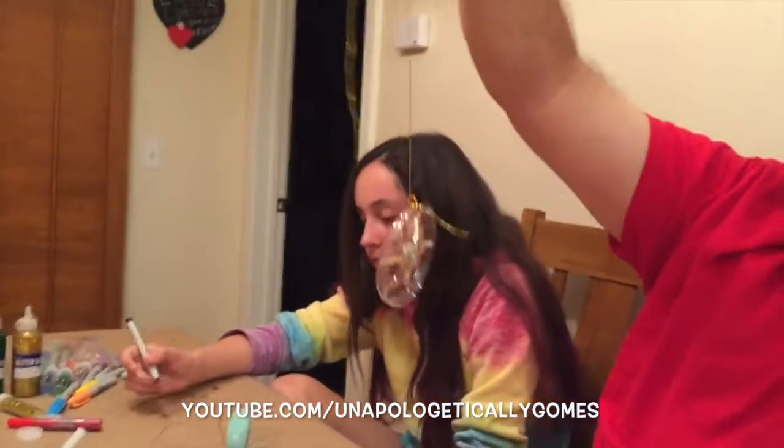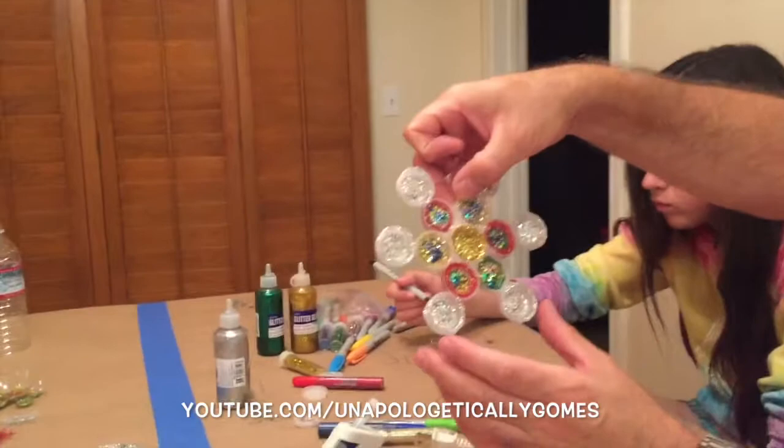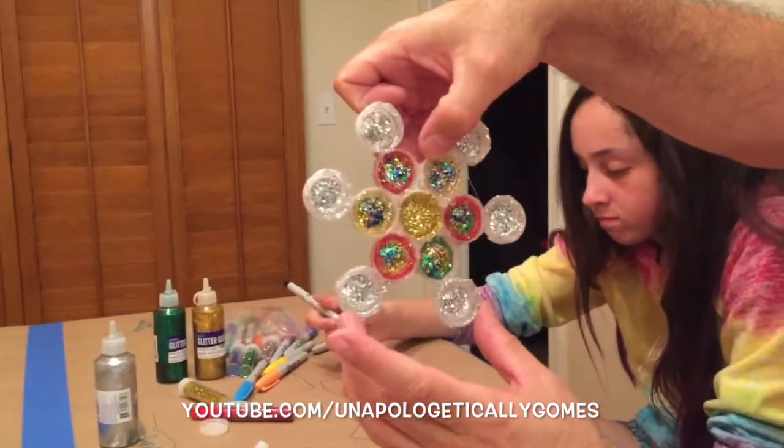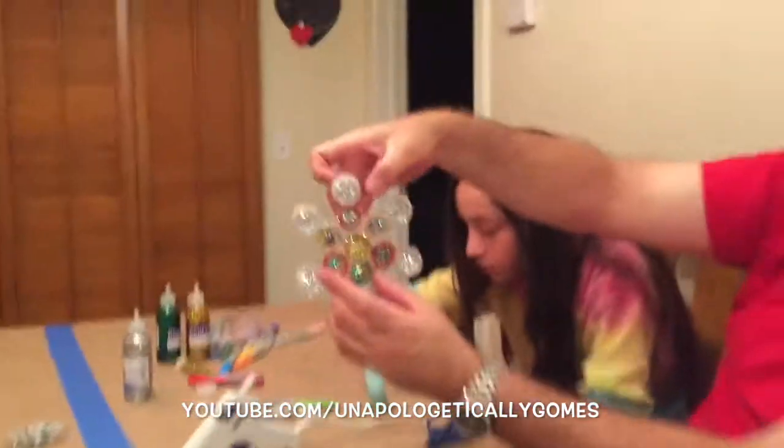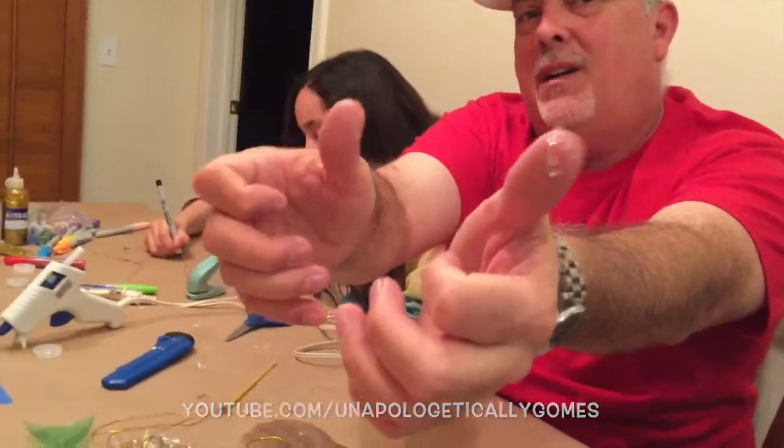There's the ornament. What do we expect to do with the caps? Show the snowflake real quick. It's still really wet, so I'm getting glue all over my hands. And look how sparkly my thumbs are. Now that it's done and dry,